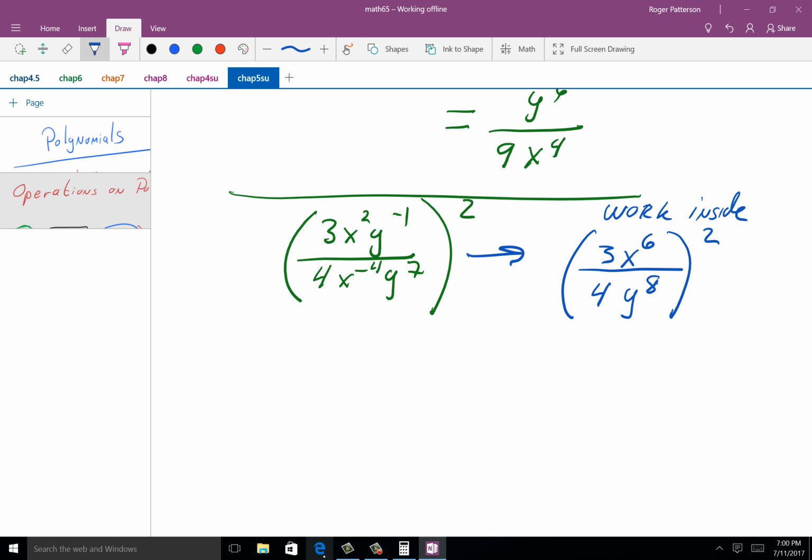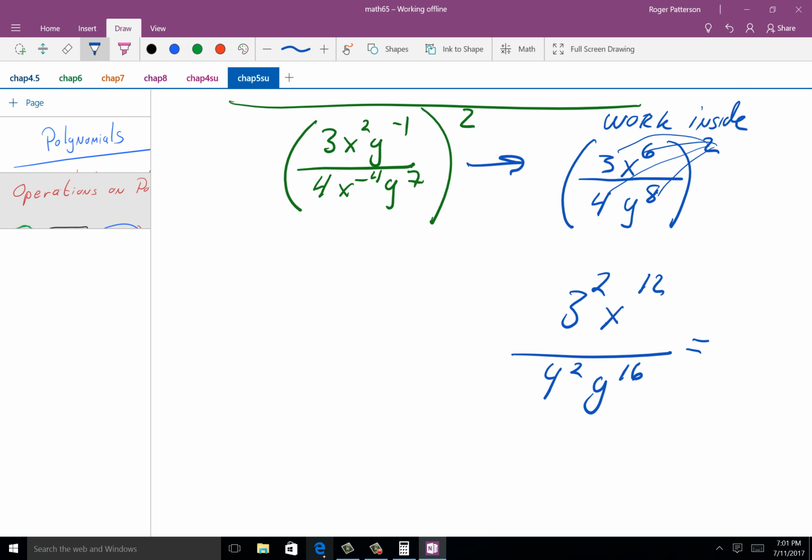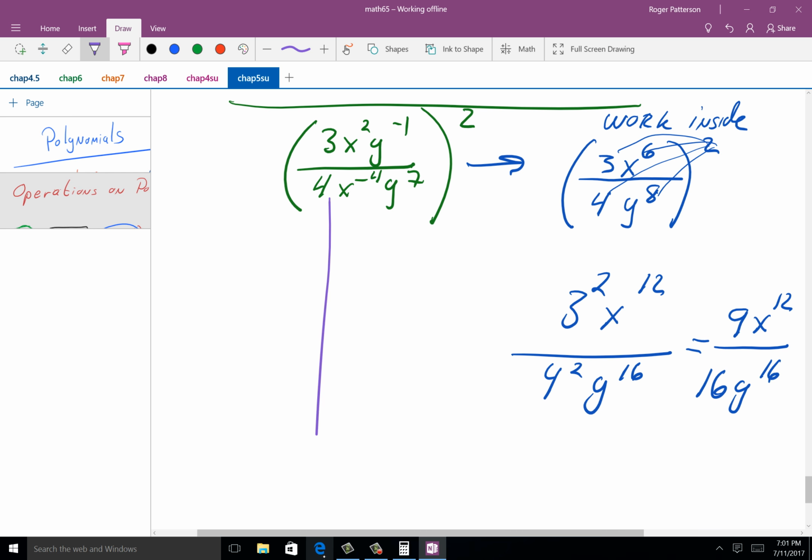Now I'm just going to go ahead and raise everything to this power, to this power, to this power, to this power. So 3 to the 2nd, x to the 12th, I'm multiplying these powers, 4 to the 2nd, y to the 16th. And now I'm just going to go ahead and do the numbers, leave the exponents there alone. Okay? So that's one way of doing it. Working inside first. Another way,